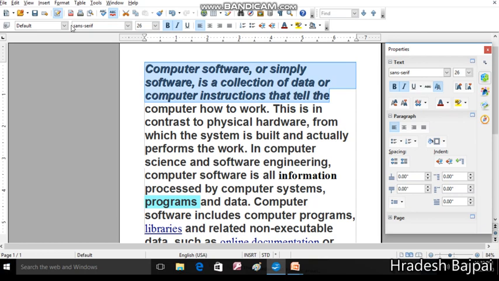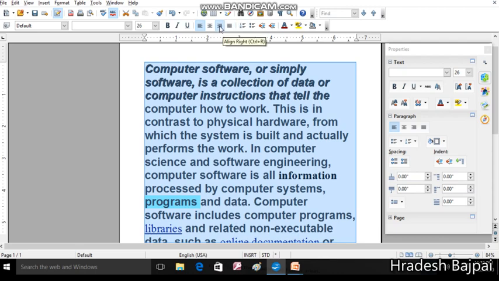Now I will show you text alignment. As I explained, there are 4 types of text alignment, because whenever we talk about text alignments, we talk about horizontal alignment only, because by default the top and bottom margins are already set. For aligning the text, first select the whole text, press the Ctrl plus A shortcut key, and then this is the alignment option, you all can see here. This is left alignment. By default left alignment is set. So you all can see all the lines are starting from the same position on the left side.